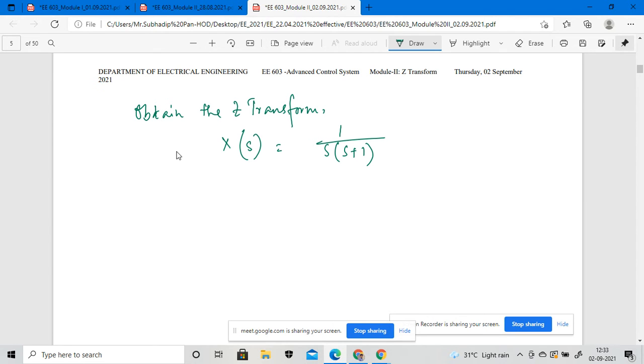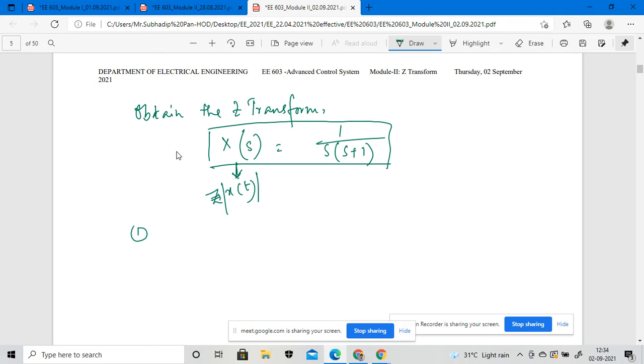Now you have to apply the Z transformation. So for finding the corresponding Z transformation, we have to convert the X of s into X of t, because we have to apply the Z transformation. So first we have to convert the X of s into X of t, and then we have to find the Z transformation of X of t. So how could we obtain these things? Suppose this is your equation.